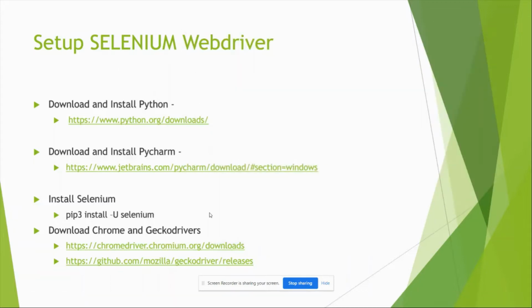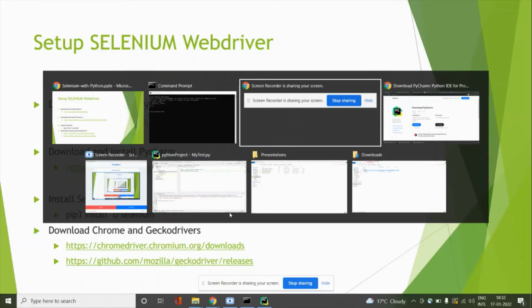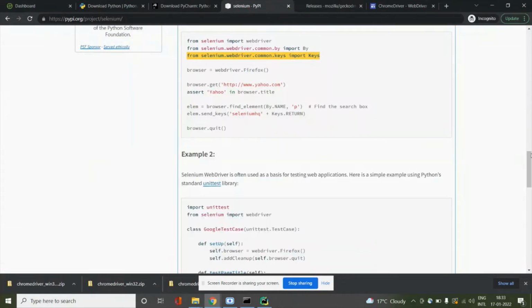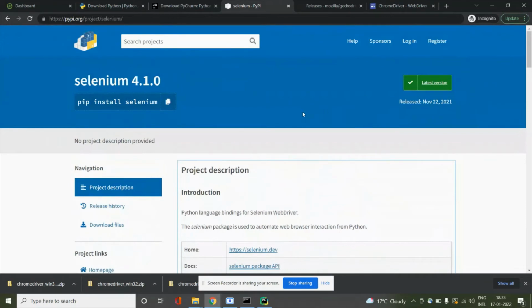All right. Now the next step is you would need the Chrome and Gecko drivers for executing your Selenium code. Basically these drivers are required for Selenium to interact with the browsers. If you want to run your code on Chrome, you would need to download the Chrome driver, and if you want to execute your code on Firefox, in that case you have to download the Gecko driver from this URL. These URLs you can find here on this Selenium page,